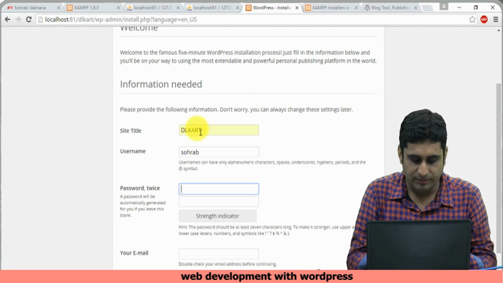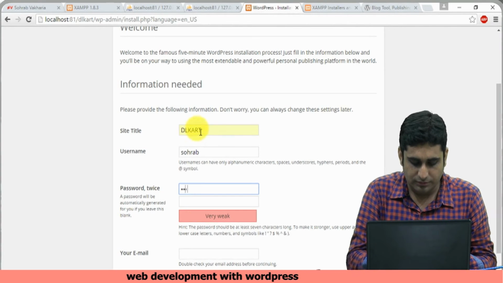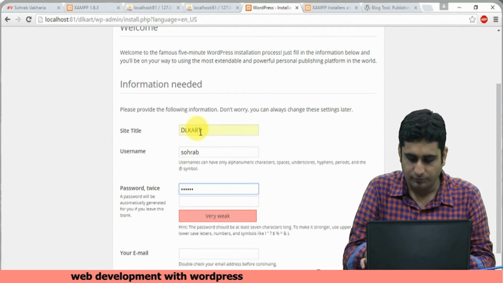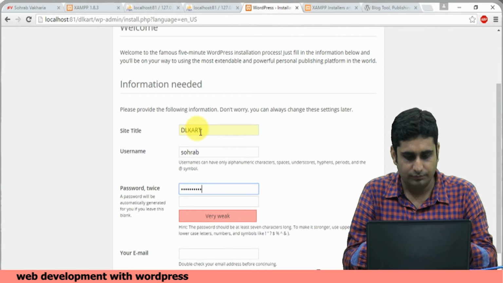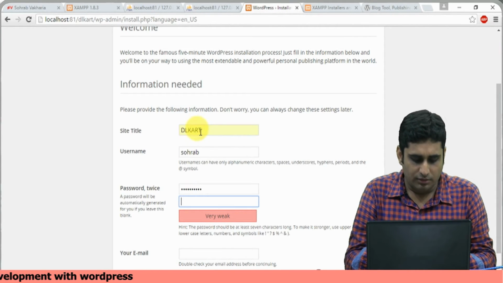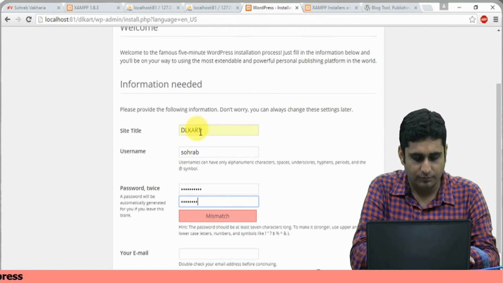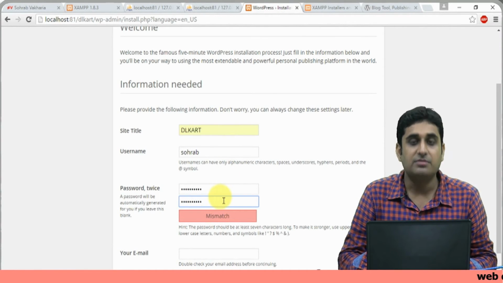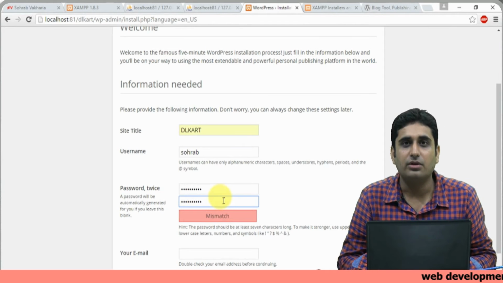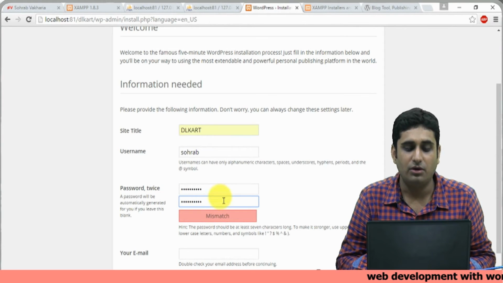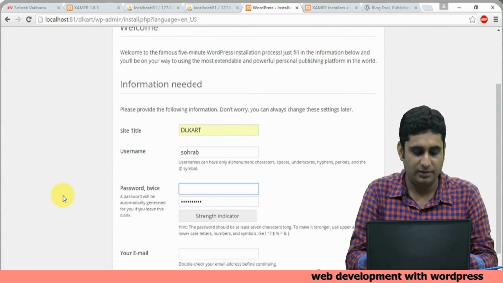Now password, I'll put some easy password. It is showing weak, it's okay. Mismatched. So you need to make sure that your password is not either weak or mismatched. Simple. Let me do it again.